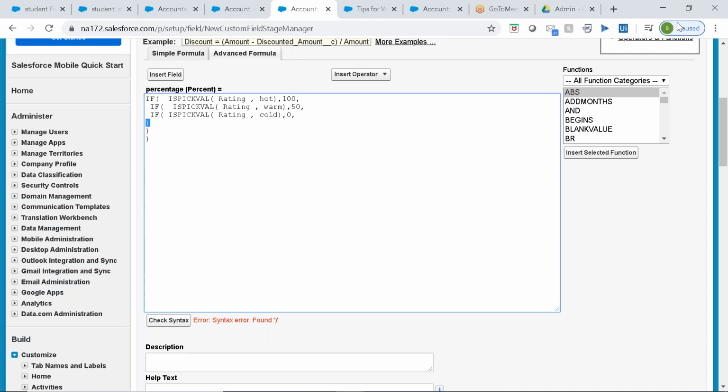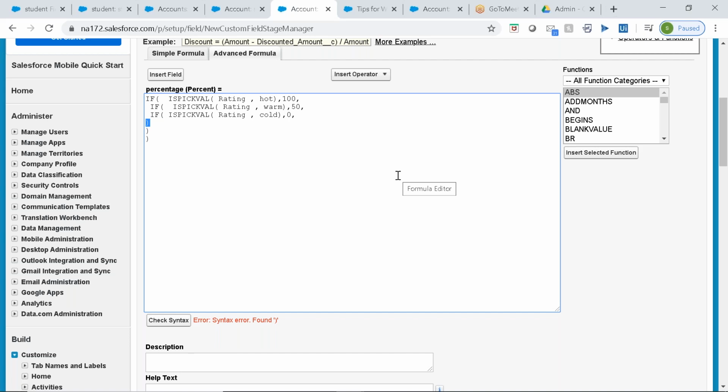When I tried to create it, it showed this error related to the pick list. So I searched on Google and it told me to use isPickVal for pick lists. No, I already told you, right? When you are working with pick list values, if you want to convert that to string, then you have to take TEXT of it. Okay. So how do I write this code? Can you correct this one?